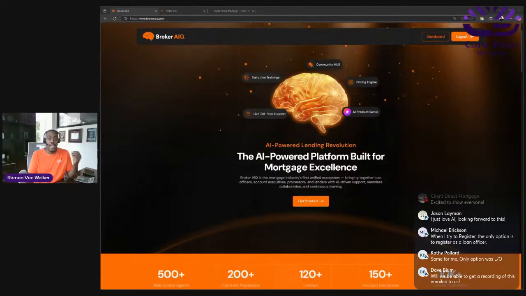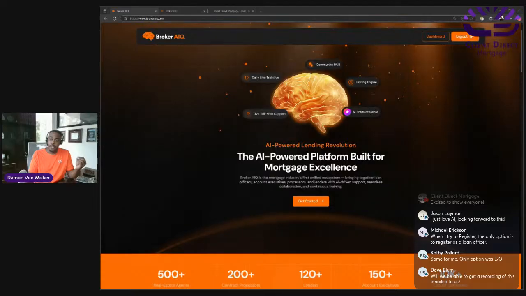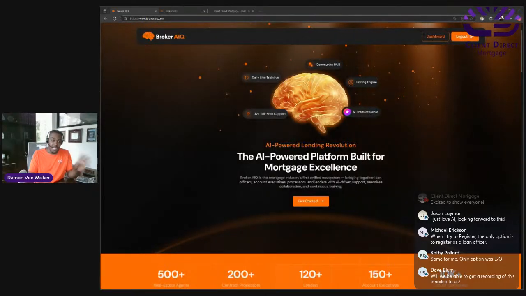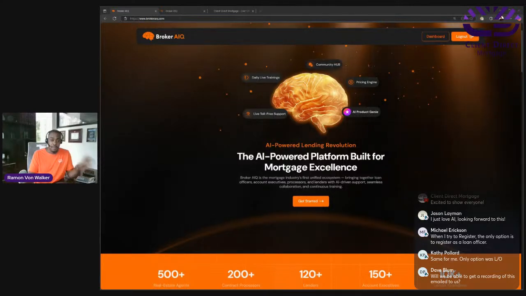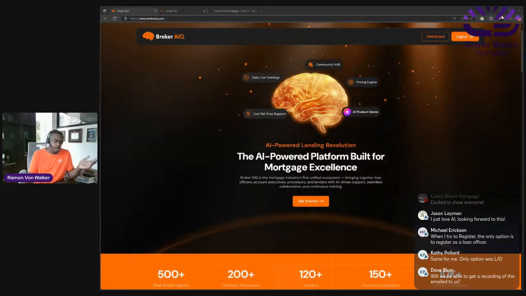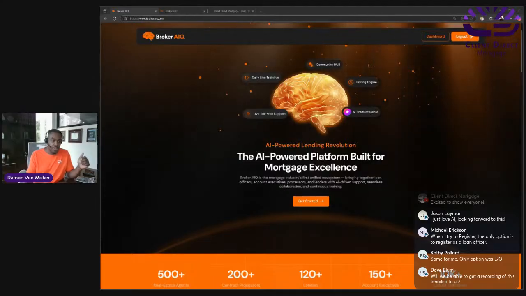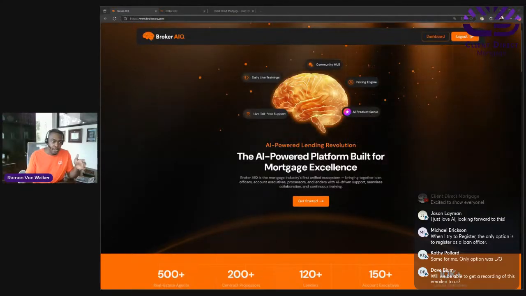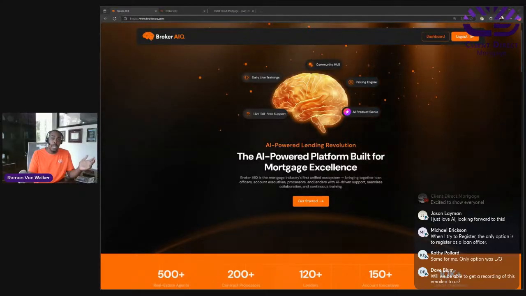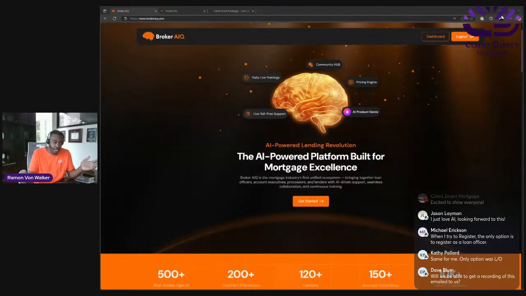All of the account executives at this point were given an account, and you have an email. So you want to go check your email and look for broker AIQ. A lot of them were not going to the spam; they were going to people's regular inboxes. You might think it's spam because you haven't seen it before, and if you don't see it in your inbox, check the spam, of course.